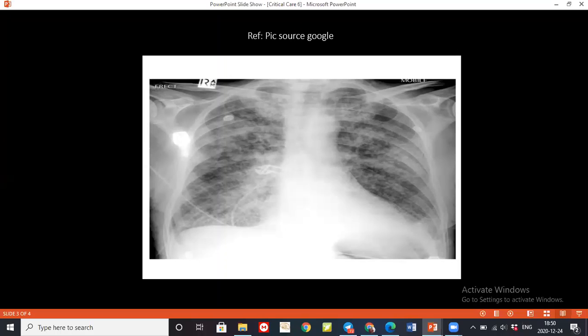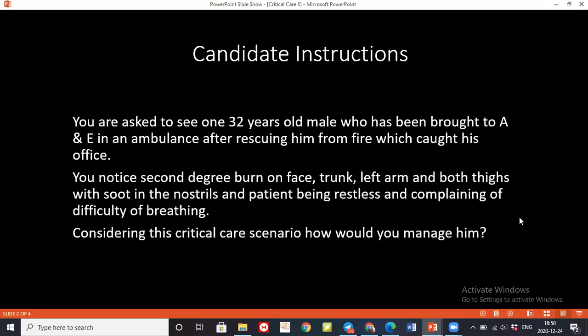Can you tell me how you would manage the nutritional requirement of this patient in this situation? I'll start the nutrition within 48 to 72 hours. If we are talking about a burn patient, it has to be started within 8 hours. If we are talking about an ARDS patient, it has to be started in 48 to 72 hours. If the patient can take orally, it's fine. If it cannot take orally, you start with NG feeding. You calculate the total energy expenditure and give the energy as a low carb, high fat, and high protein diet.